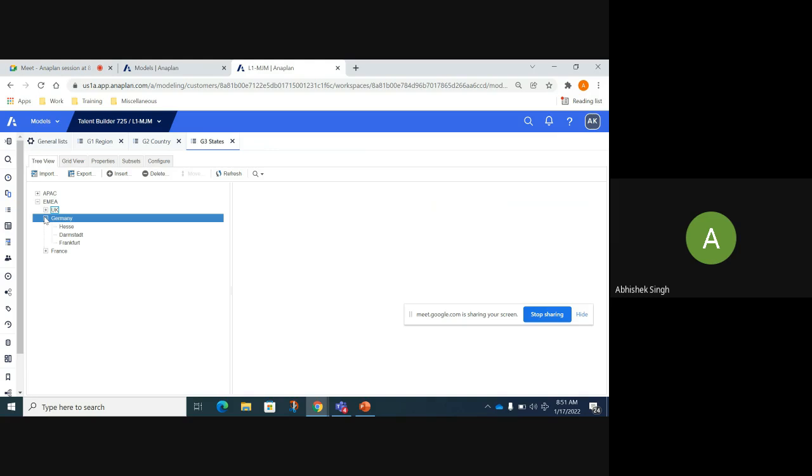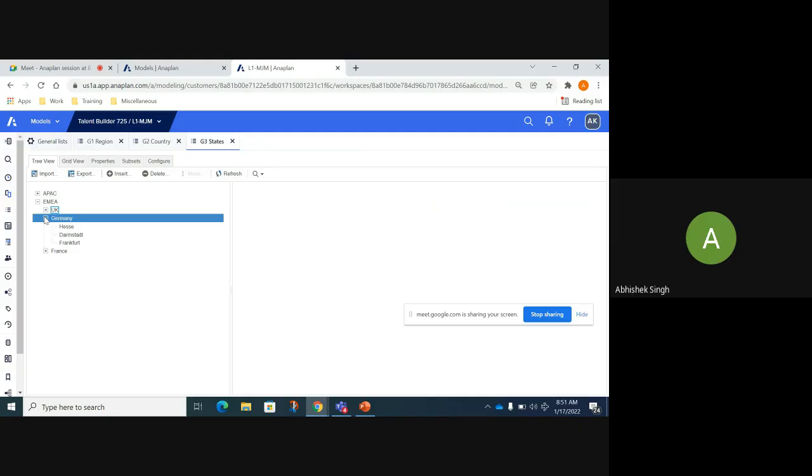Now, in Anaplan, the aggregation from lower to higher is possible. This I have mentioned before as well. So if you know the total sales in Hesse, Amsterdam, and Frankfurt, you automatically know the total sales in Germany, right?